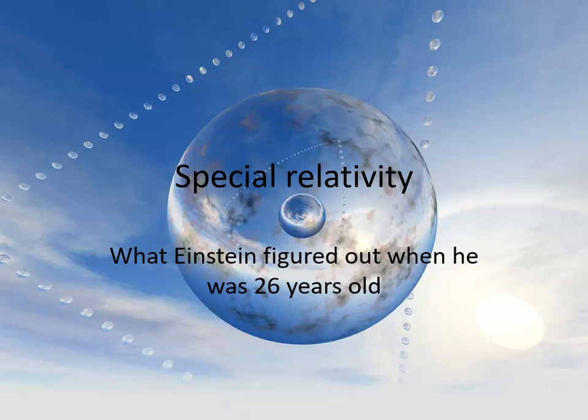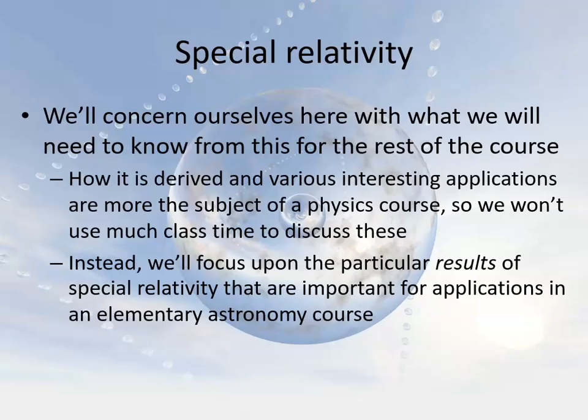But in any case, special relativity is essentially what Einstein figured out when he was 26 years old. The year 1905 was his year of miracles. He discovered not only special relativity, but he also showed that that implies E equals mc squared. He also came up with an explanation that turned out to be correct for why the photoelectric effect occurs, showing that light behaves like particles. And he also showed that Brownian motion proves that atoms exist. So quite a lot of accomplishments in just 1 year.